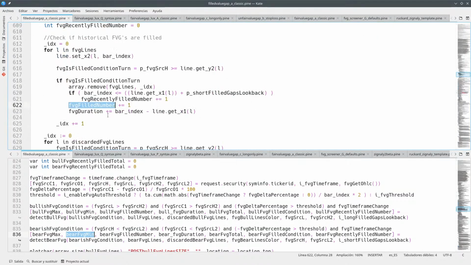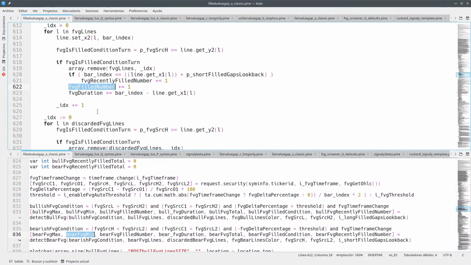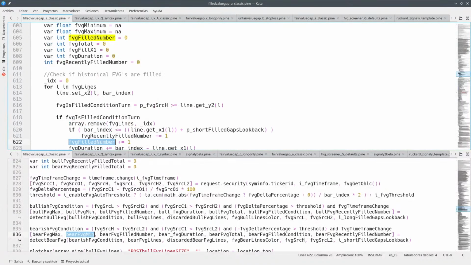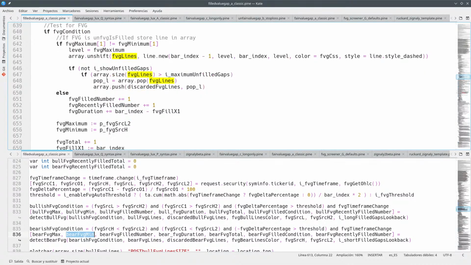I mean, having a different number for the ones that are found in historical FVGs, that way you can check how this is not. You never go into here because the maximum and the minimum are never different. Yeah, it's unfilled if the minimum and maximum are different. So the first time a gap condition happens,